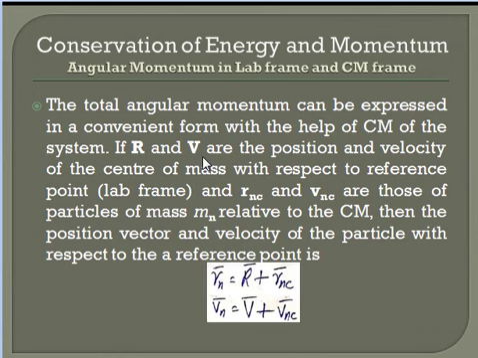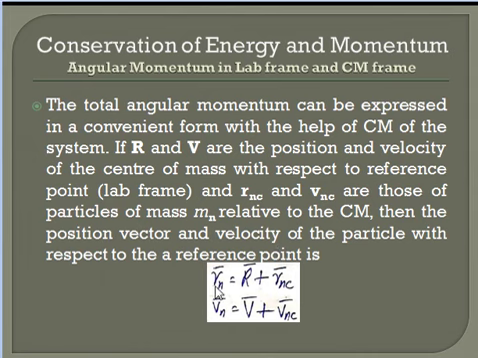Now we can express the angular momentum of a system in a more convenient form with the help of the center of mass of the system. If capital R and capital V are the position and velocity of the center of mass with respect to the reference point, that is called the lab frame, and Rnc and Vnc are the position and velocity of the nth particle having a mass Mn relative to the center of mass,